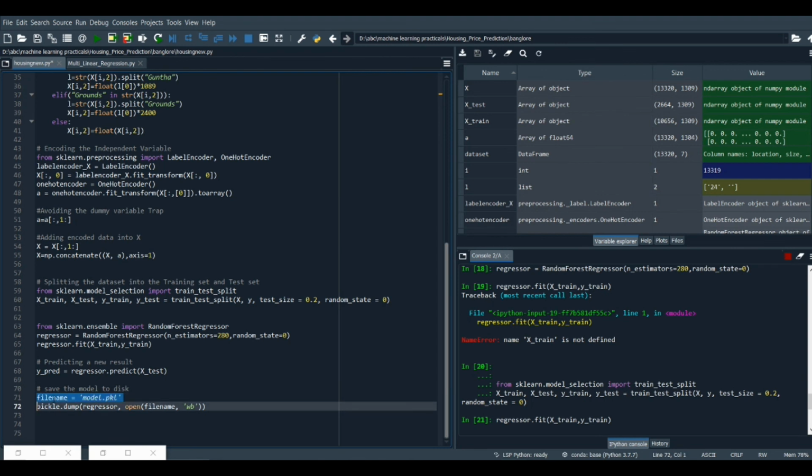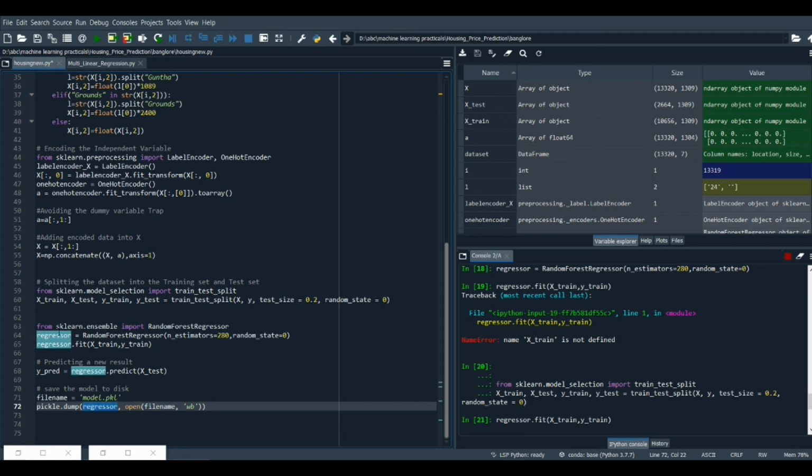We created a variable named file_name, and we passed the name of our model. Let's say we are going to create a model with the name model, and we need to pass an extension as .pkl, which is going to denote that it is a pickle model. So our file name is equal to model.pickle. Now after that, we are going to create our pickle model using the pickle library, and we are going to use the .dump function of our pickle library. Now in our pickle.dump function, we need to pass two variables. First is our model and second is our file reference. So for that, we pass regressor, which is our model.